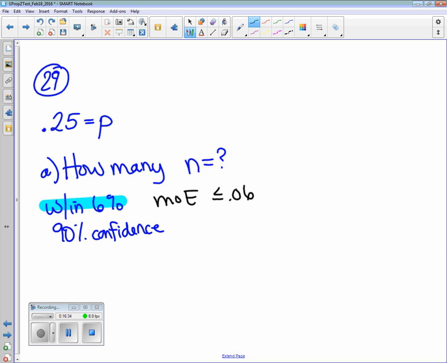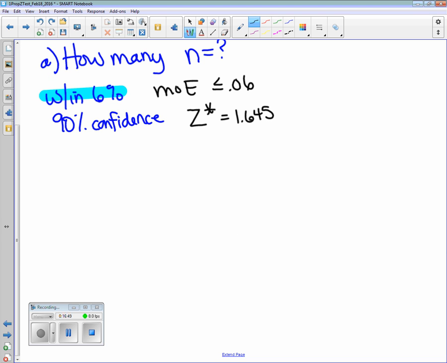For which value? So Z star. So our Z star is going to be 1.645. Okay, that's a Z star that's associated with 90% confidence. So let's see. I have a margin of error. So let's use our margin of error formula. Remember, our margin of error formula is